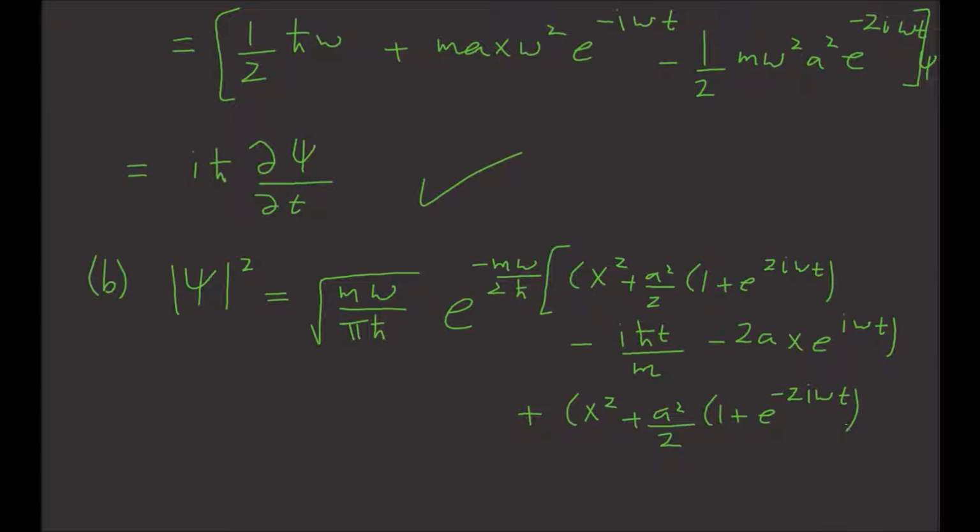So close that. Now plus, it's negative here because it's conjugate, right? Now it's plus i h bar t divided by m, minus 2a x e to the minus i omega t. Close parentheses, close brackets. So now let's simplify this a little bit further